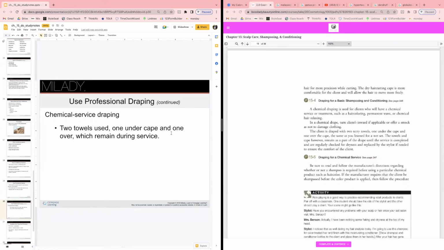You're going to use 2 towels, one under the cape and one over, which will remain during the whole complete service. You do not take it off. You do not remove it and put a neck strip. You always have 2 towels. I will demonstrate